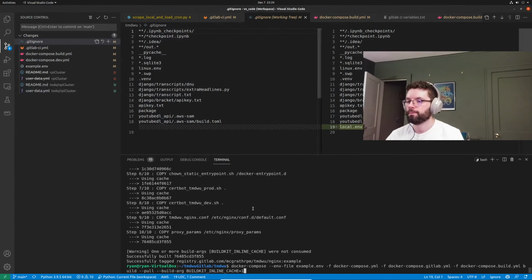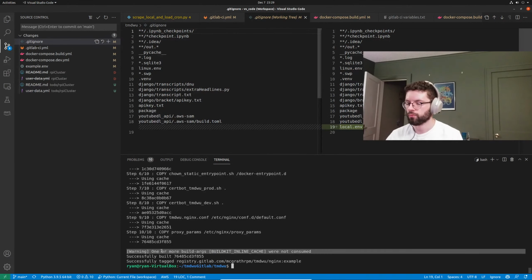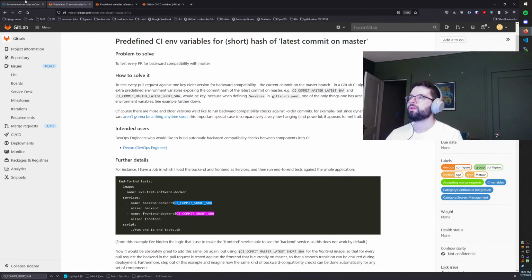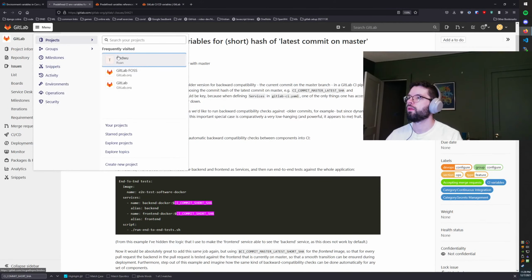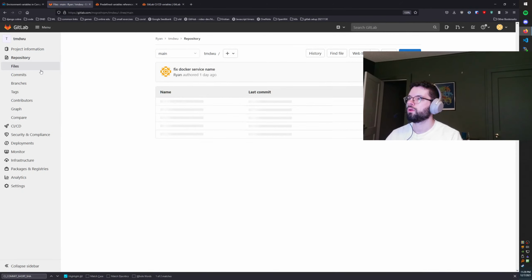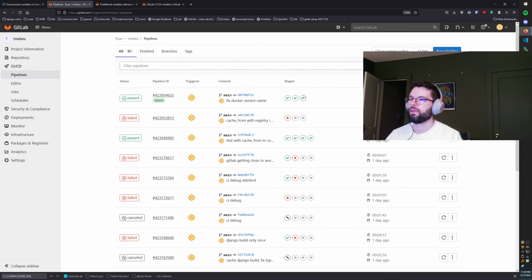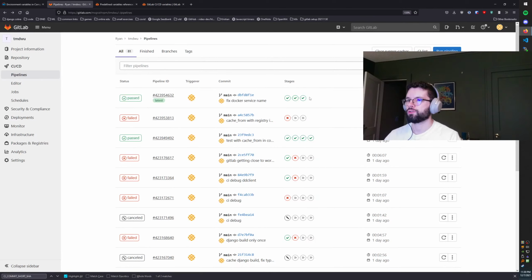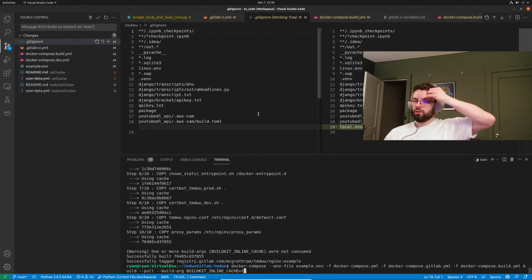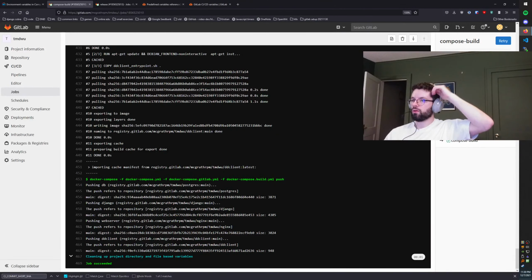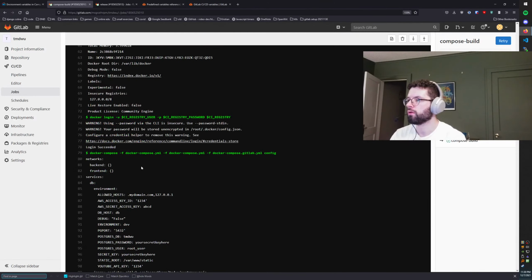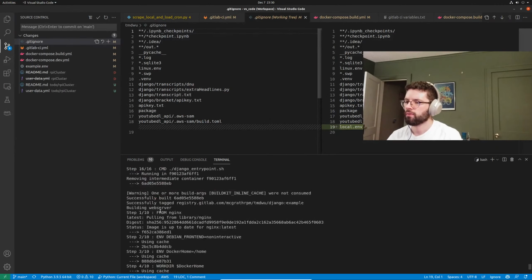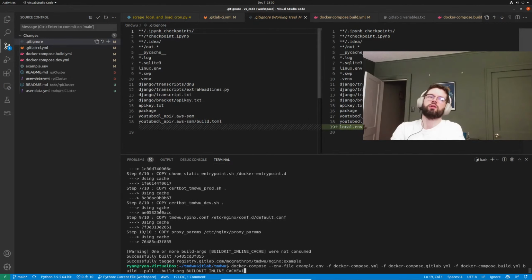Let's build locally one more time. Actually, I don't need to. Everything built. Build inline cache was not consumed. Let's see if I get something similar when I go to my project. Let's go to my CI pipeline. Actually that was interesting, it's on my build. Right? Successfully built. Warning. Do I have my BuildKit 1? That's the issue. But I'm not going to be pushing from here, so